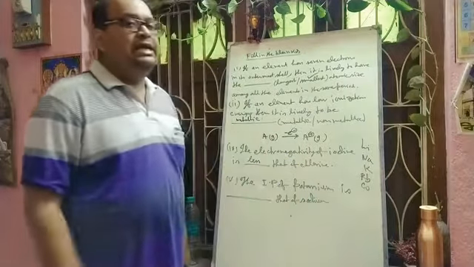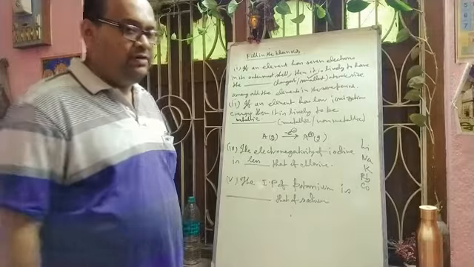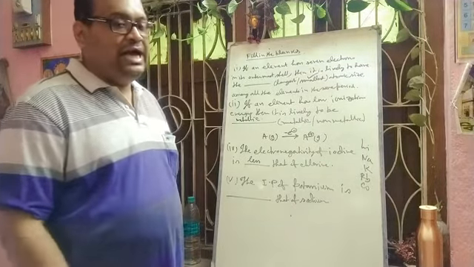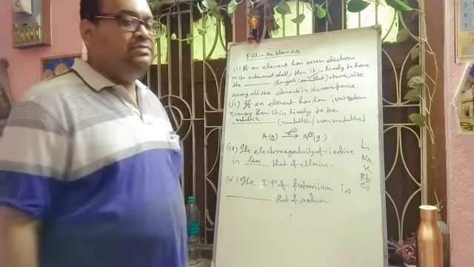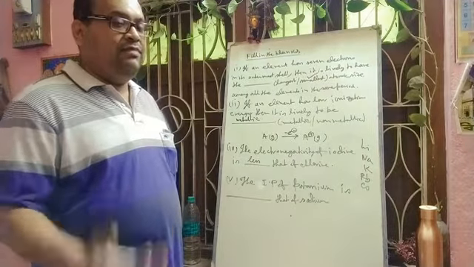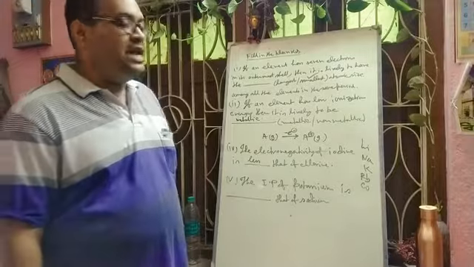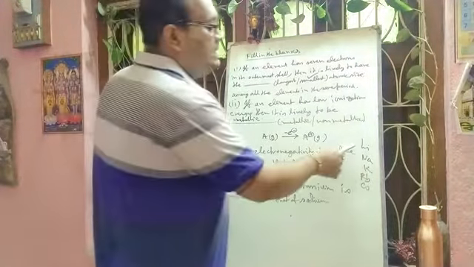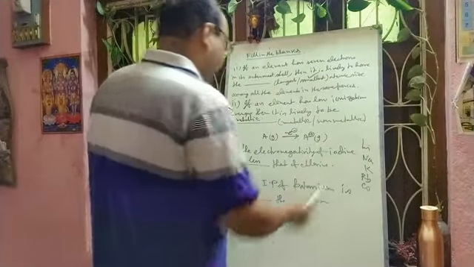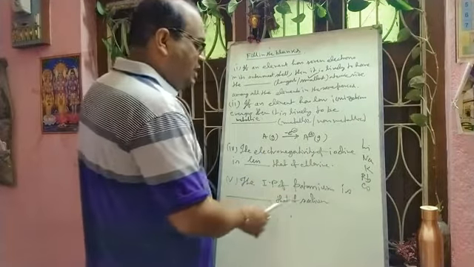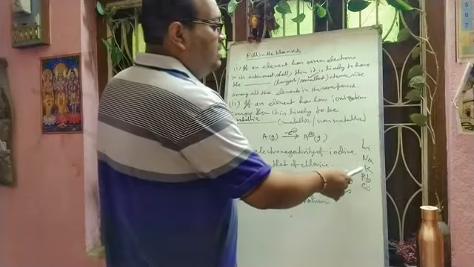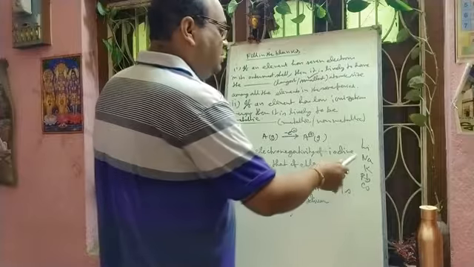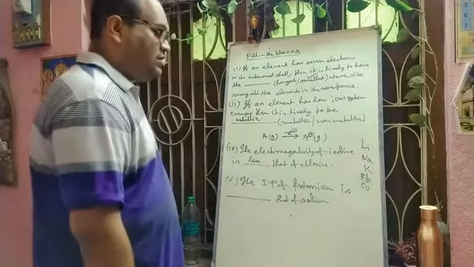So we know that down the group, from top to bottom in a group, in this case of alkali metals, the size is increasing. Size increases means the removal of electron is very easy. Definitely ionization potential value will decrease. So definitely lithium has more IP value compared to sodium. Now here it is given potassium and sodium, definitely potassium has less IP value than that of sodium.